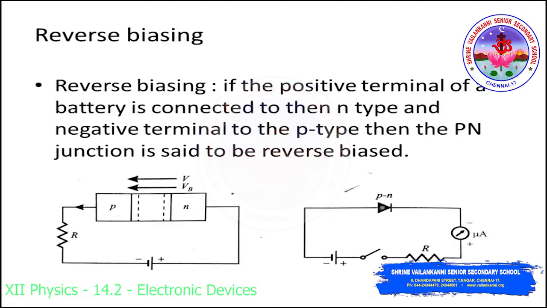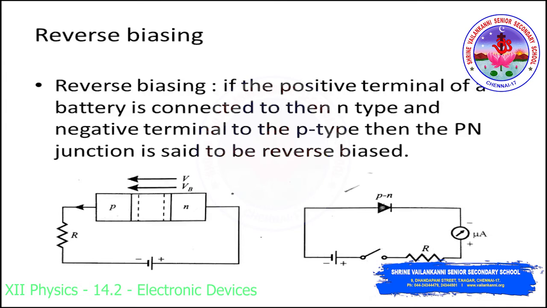As we are seeing in that diagram, the applied voltage V and the barrier potential are in the same direction, right? The barrier potential increases, so the energy barrier across the junction will also increase. Then the majority charge carriers move away from the junction. So what will happen? The width of the depletion layer will increase. The resistance of the PN junction, what will happen? It will become very large. Because of that, no current flows across the junction due to the majority charge carriers.